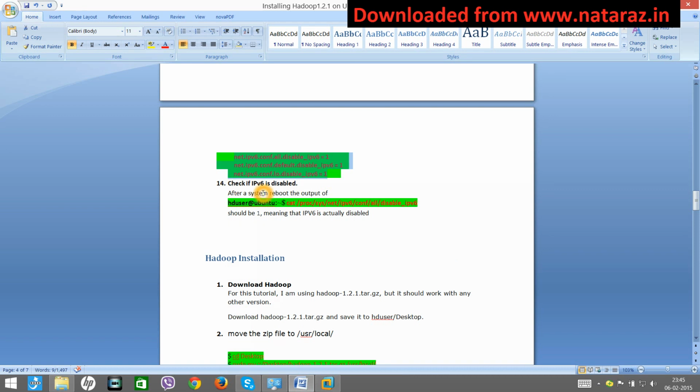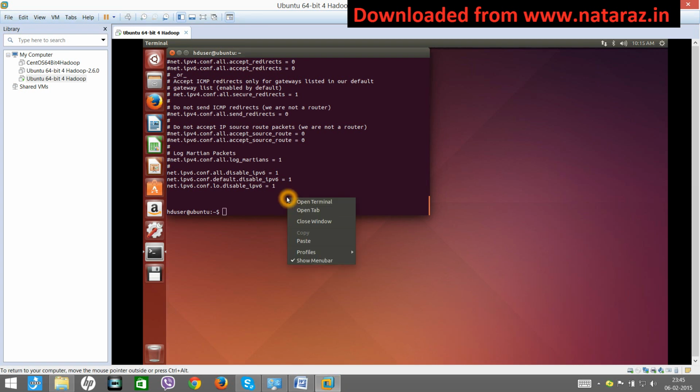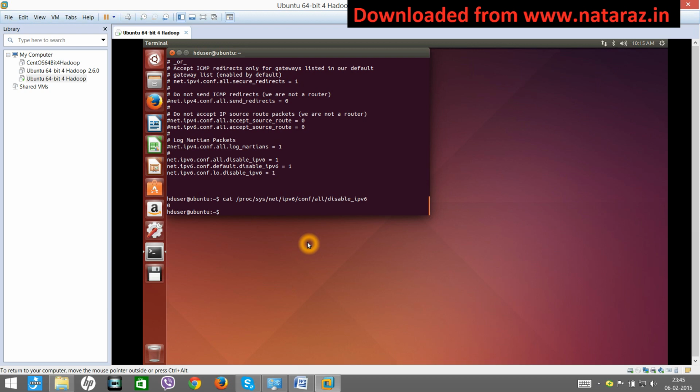In order to disable it, you have to reboot your system. So I'll say copy, right click and say paste, enter, 0. You reboot your system and again execute this command, you will get 1 as output. Okay, so let's reboot that. I'll say sudo reboot.